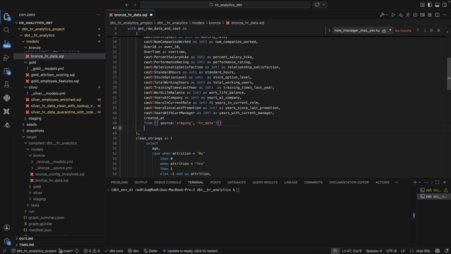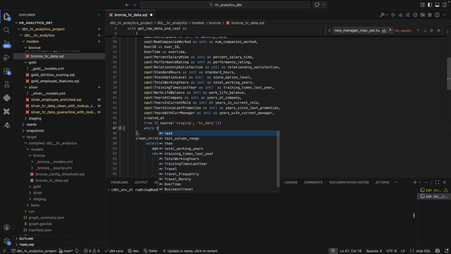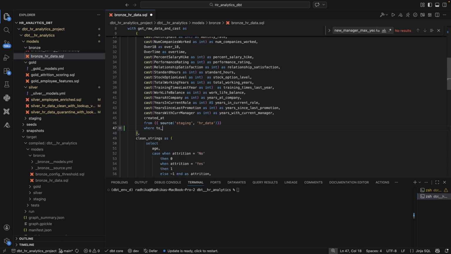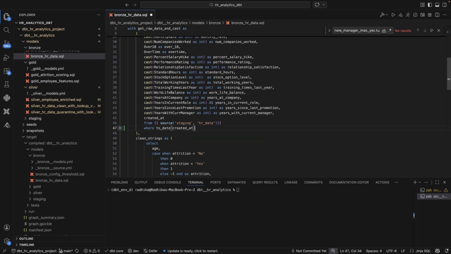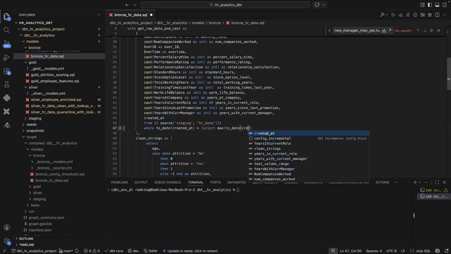So what we can do is we can just say where to date created at, because I'm not sure if created at is currently a date or not, so that's why I'm making that conversion, is greater than, and then here I can add select max to date created at